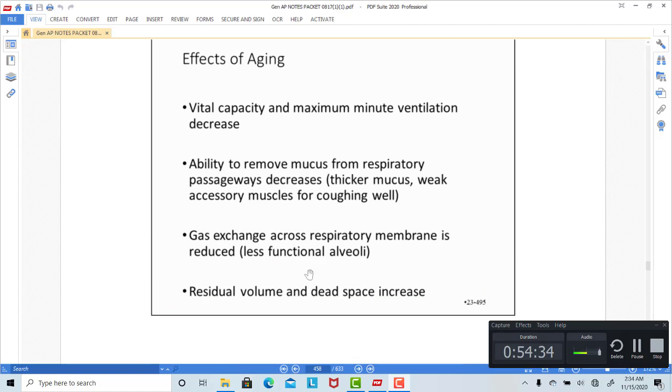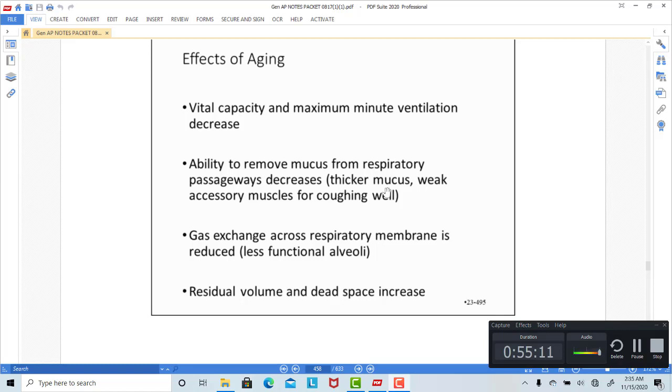So as we age, the amount of exchangeable air decreases with age, and our ability to remove mucus from our airways decreases. It gets harder because the mucus is stickier and thicker. So we have less fluid, less water in the mucus, makes it stickier, and the muscles are weak. If we're not practicing deep breathing and people live a sedentary lifestyle, which a lot of people do as they get older, those weak muscles can't